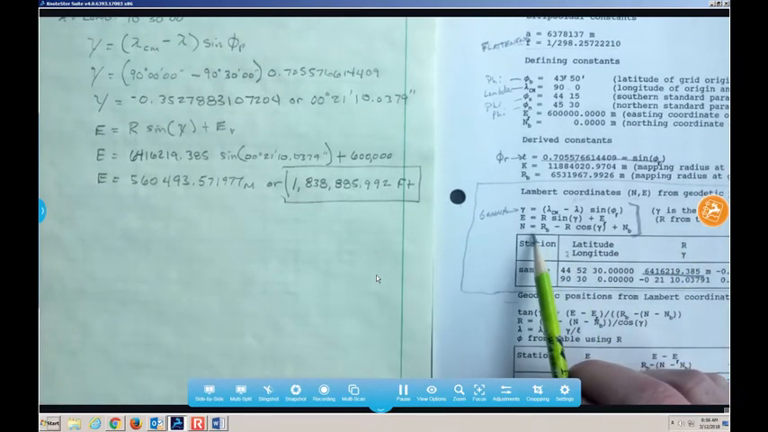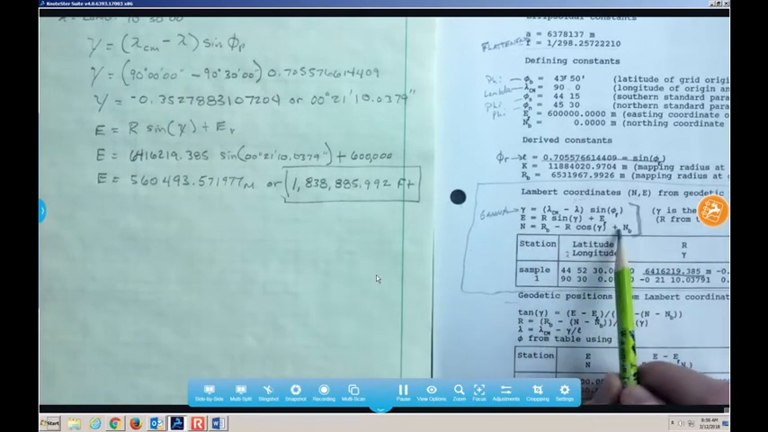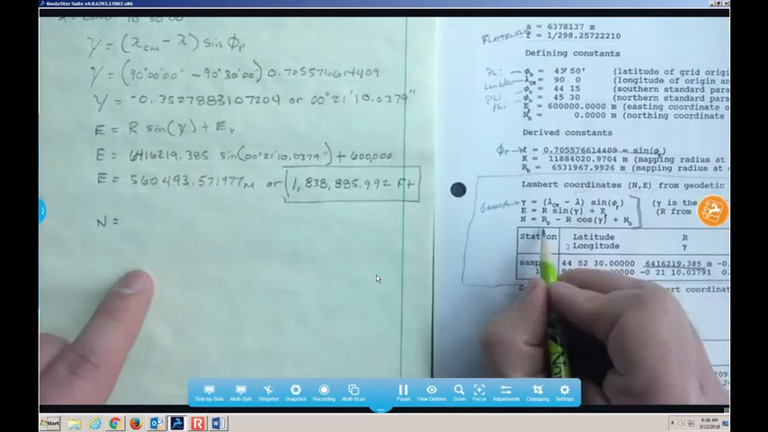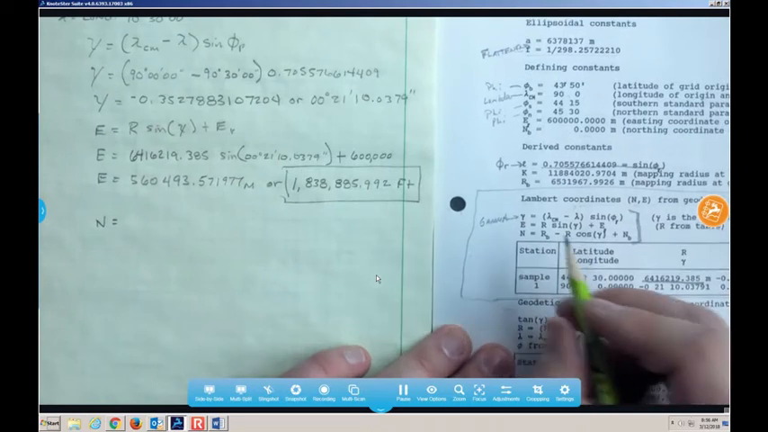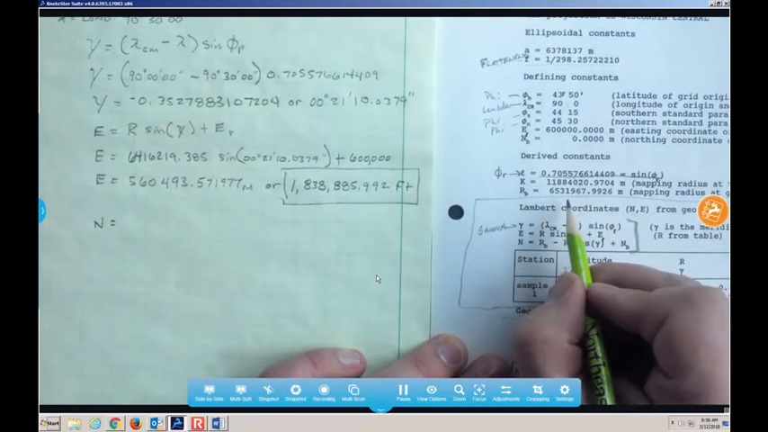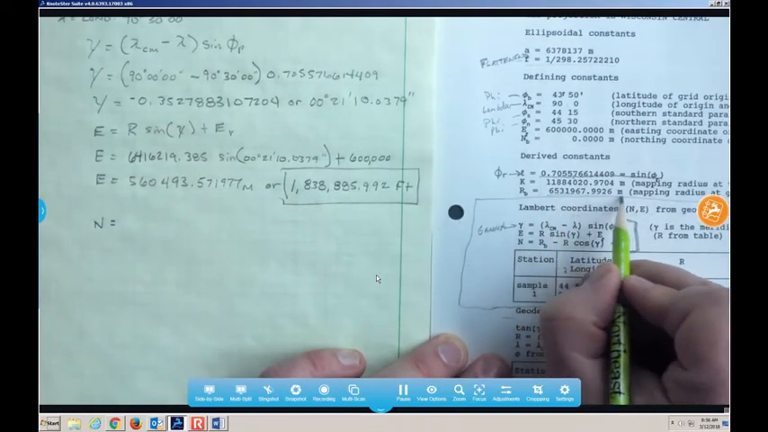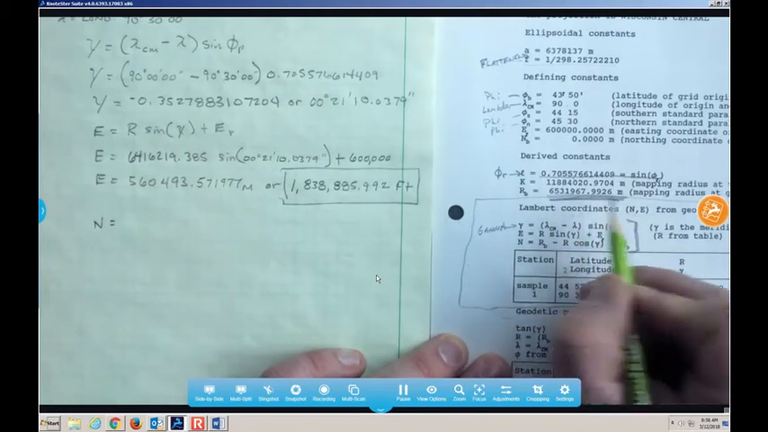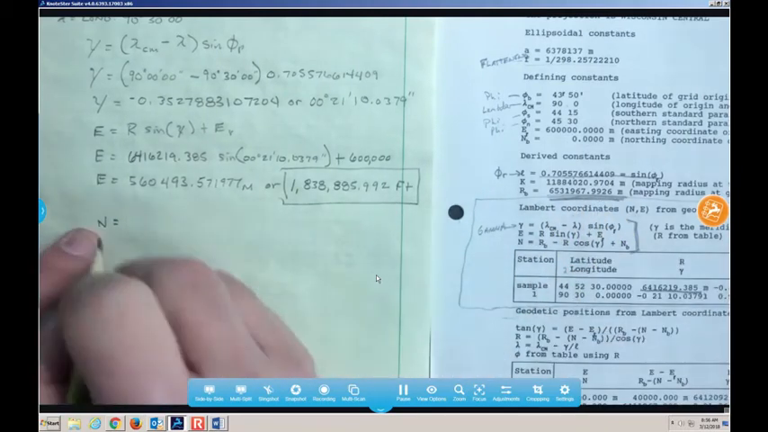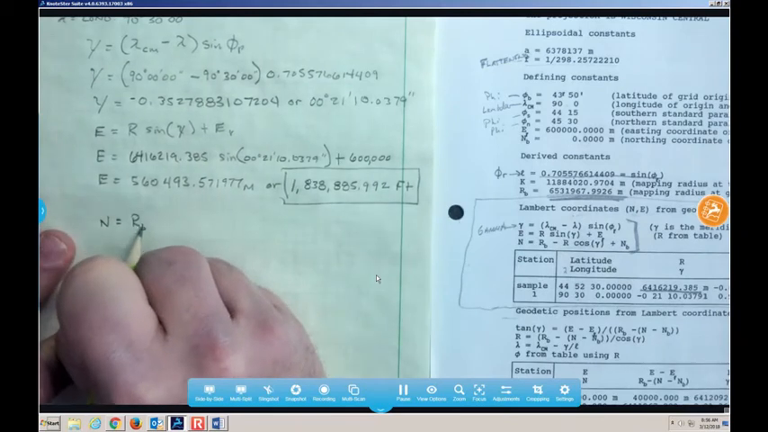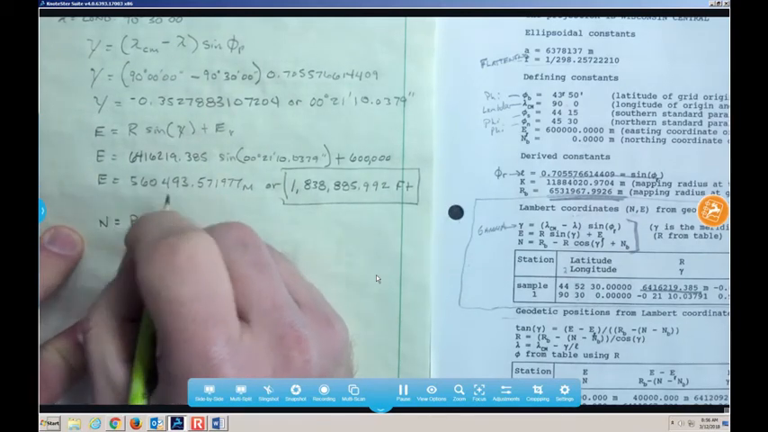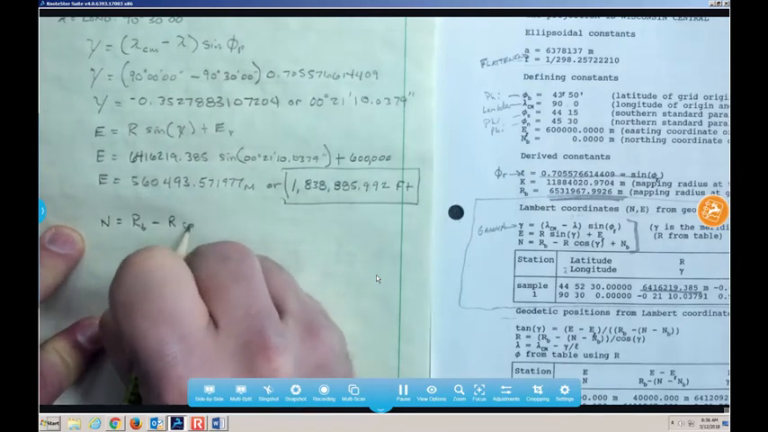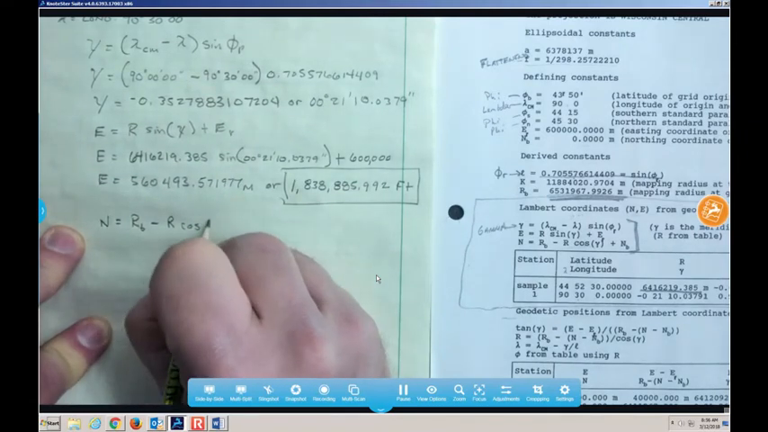So it tells us how to do that right here, or what that formula is. The northing equals RB. Okay, RB is a constant here. That's the radius, the mapping radius of the grid origin. It's right here. So RB minus R cosine of gamma